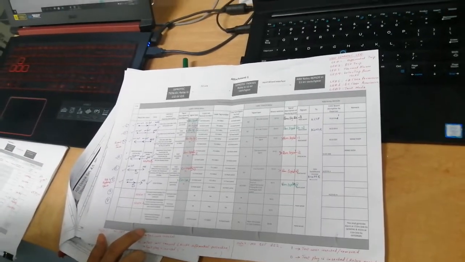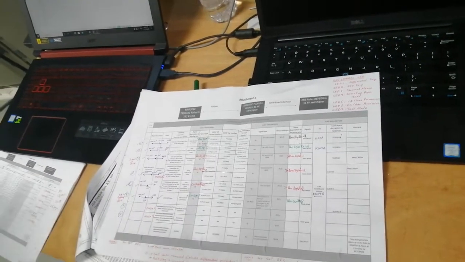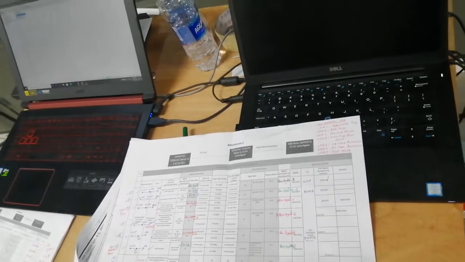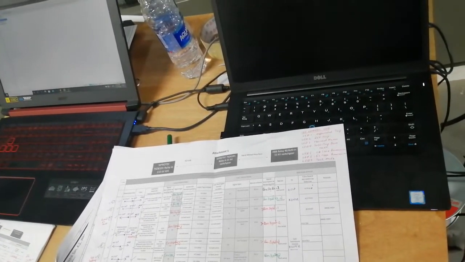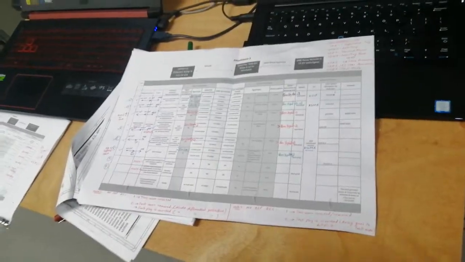So we have completed 6 signals. 3 signals were from the 132 kV side to the 11 kV side, 3 signals from the 11 kV side to the 132 kV side, and we have other signals. How many signals do we have? 6 completed. So the last 2 signals, rather 3 signals, we have.